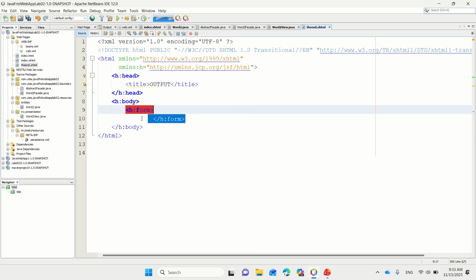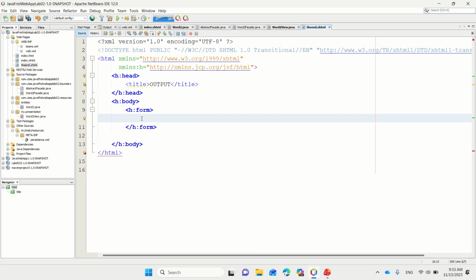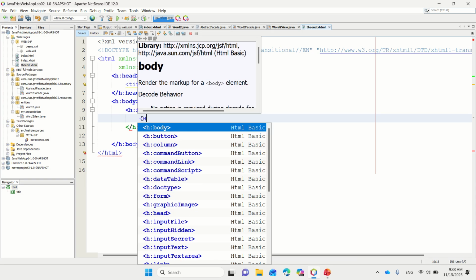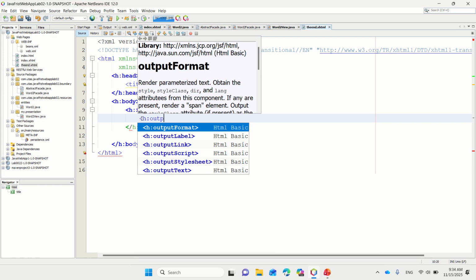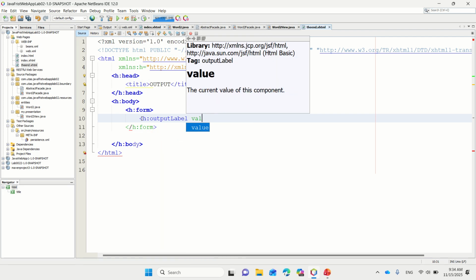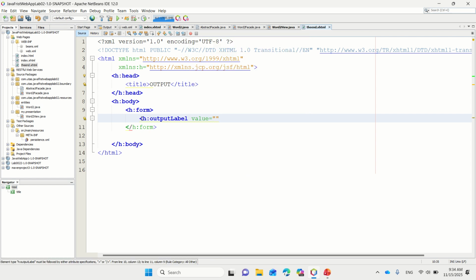Inside the form, I'm going to create all our output, because we are not going to take any input in this form. So h:outputLabel. First I will use an output label to give the value equal to